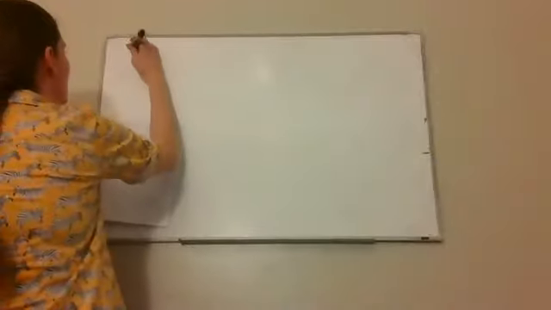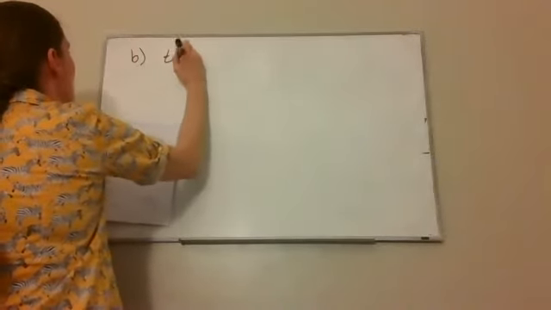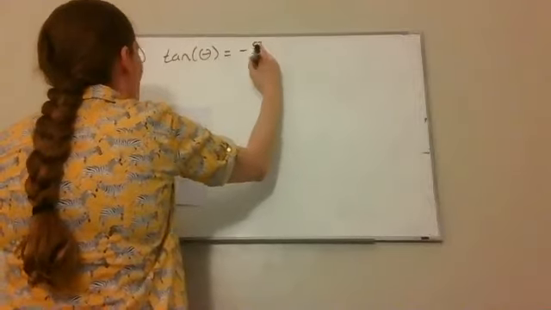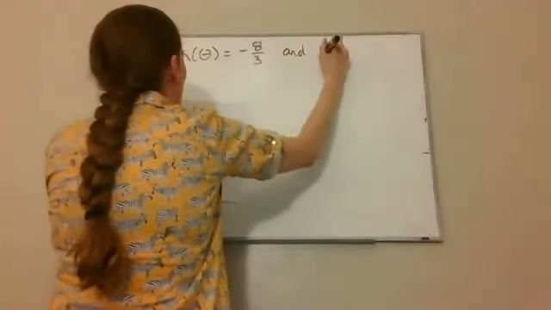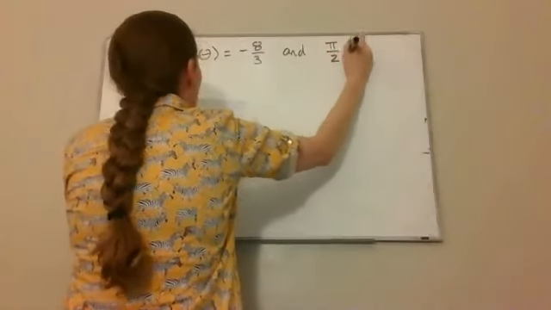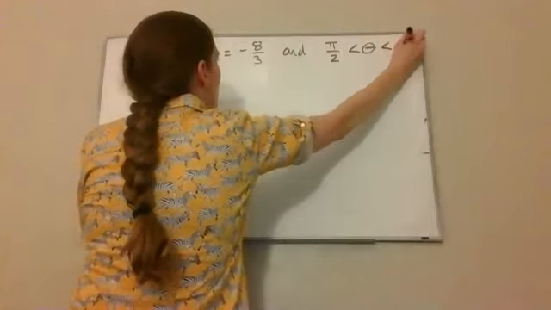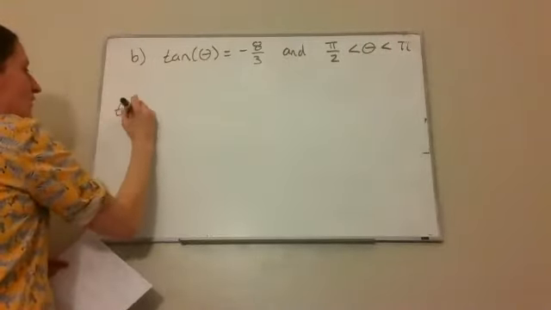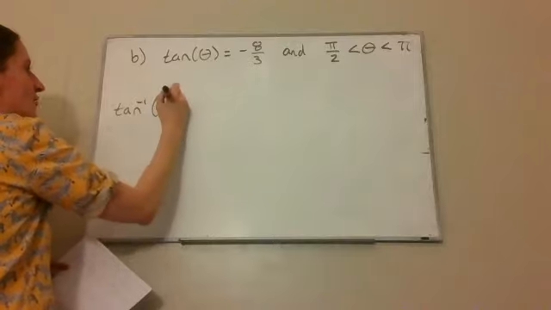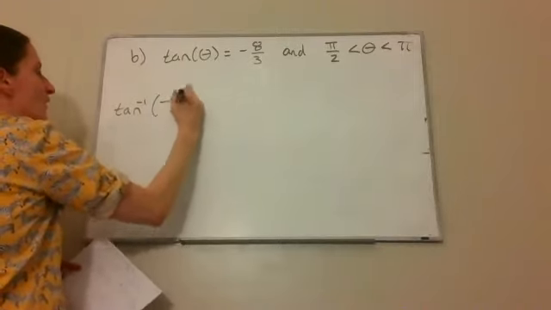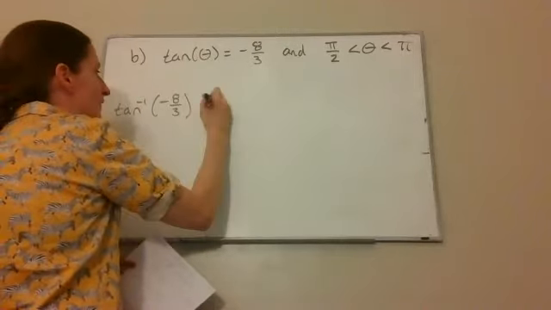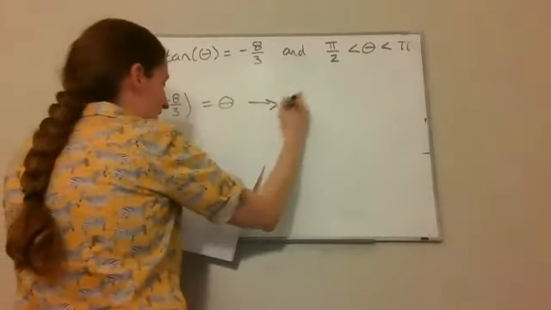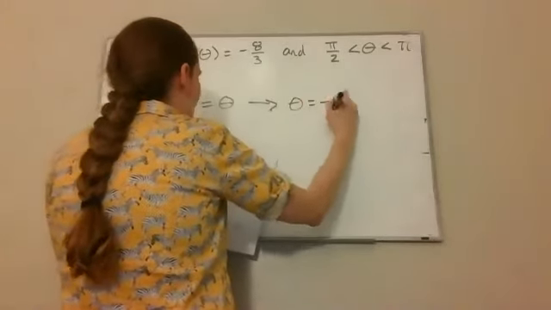So part B. Tangent of theta is -8/3, and we're going to have theta between pi/2 and pi. Well, if I start, I can find theta by doing tangent inverse of -8/3. That's going to be theta. If I type that into a calculator, I get theta is